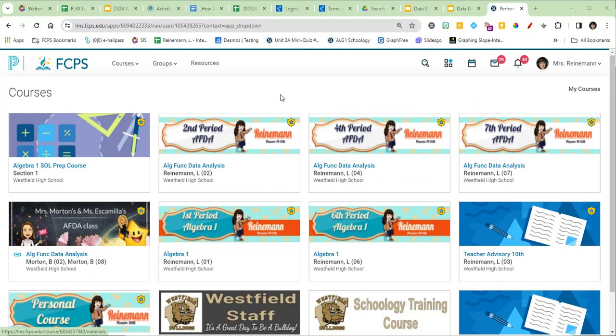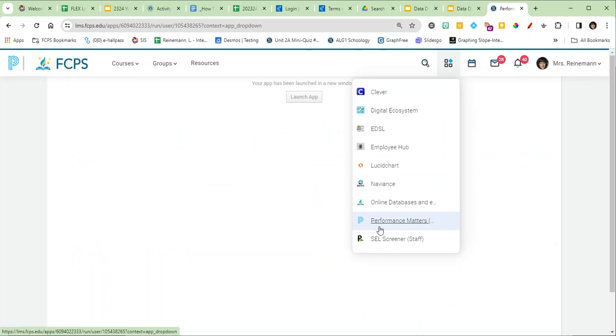So if you want to know how to get to the different reports, I'll show it to you really briefly, okay? Step one, you've got to be able to get there. So go to Schoology, and then at the top right of Schoology, you see the waffle. When you click on that, you'll click on Performance Matters, and it'll bring it up in a new window